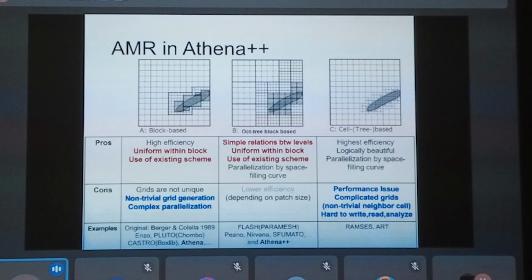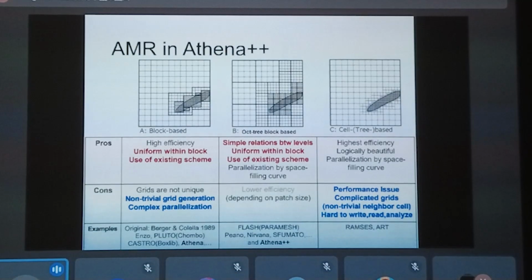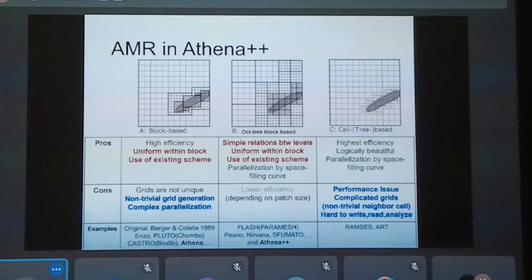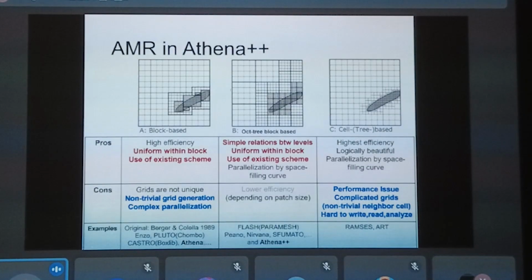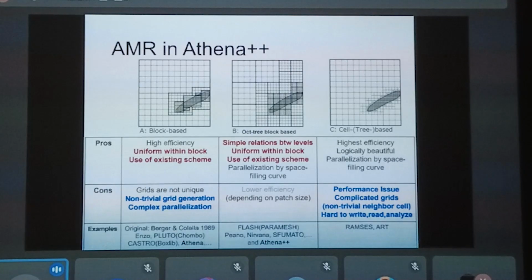And the problem is that the code is hard to write, hard to read, and even worse, it is hard to analyze the results. There are some examples of the code using this design, like the Ramses code and the Enzo code in the field. But then, based on these considerations, we decided to adopt this design of octree block based AMR.